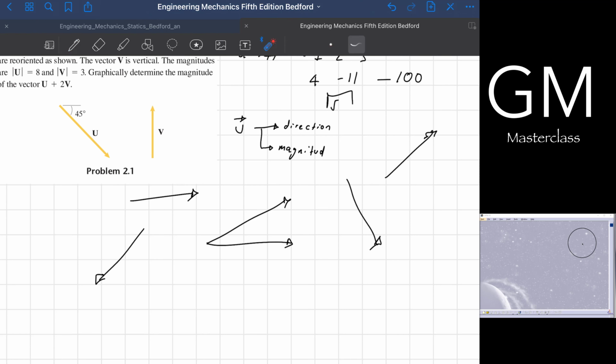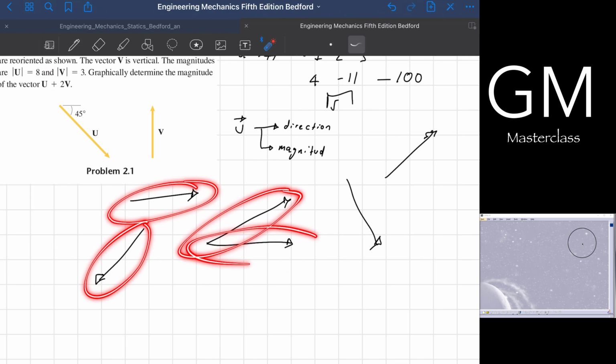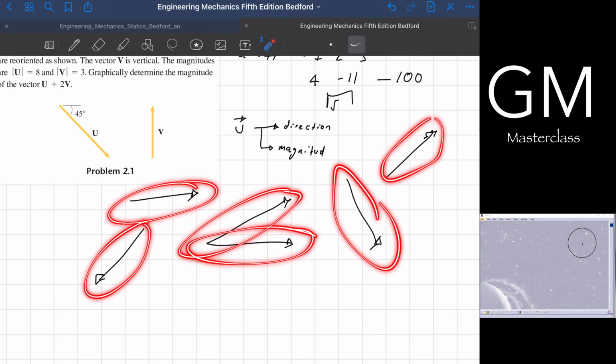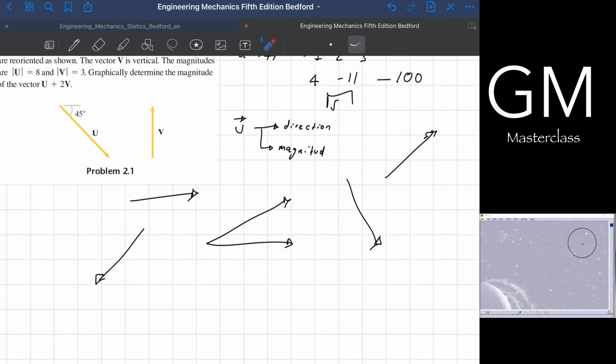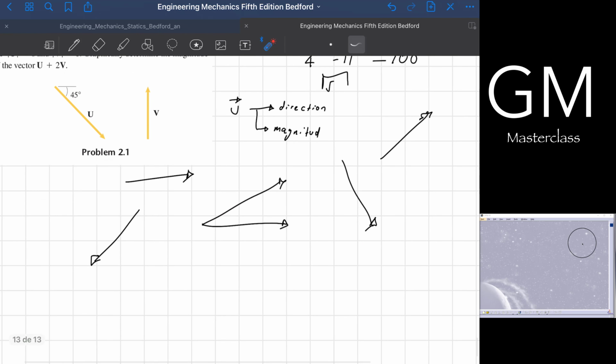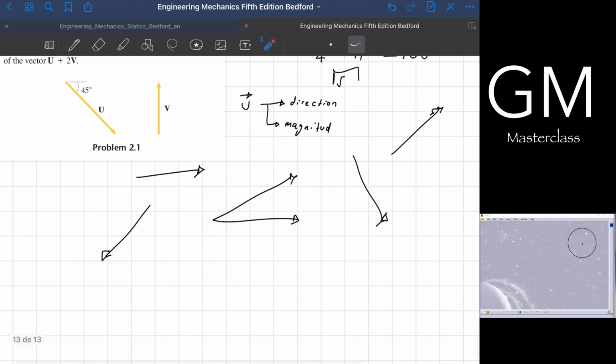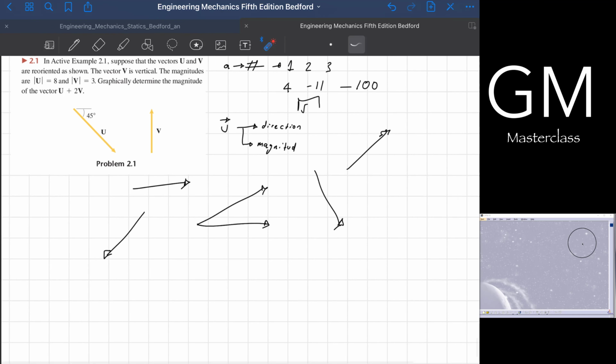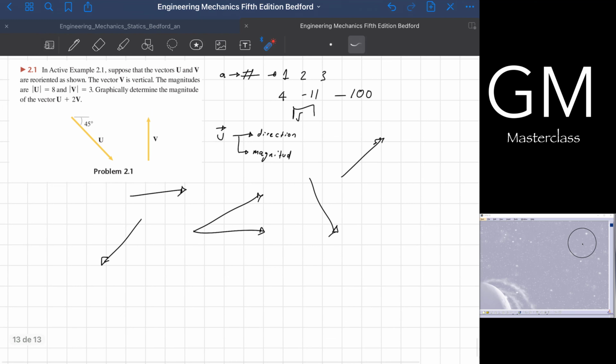What's the magnitude of that vector? Well, this is the magnitude of this vector, of this one, of this one. Okay, and the direction is where the arrow points at. Okay, so now that we know this and realize that this is pretty easy,